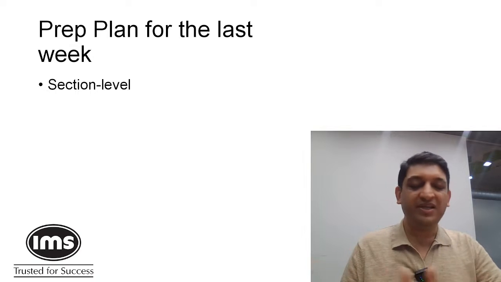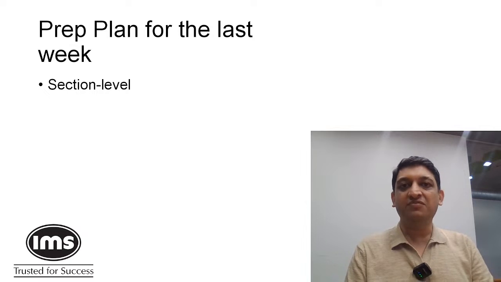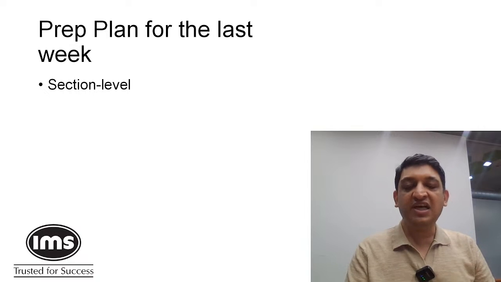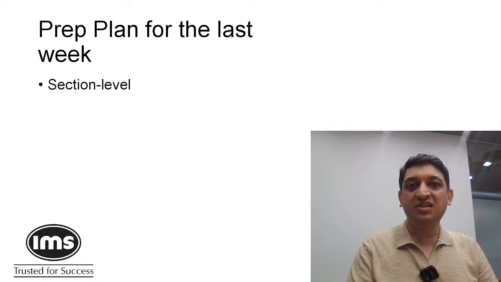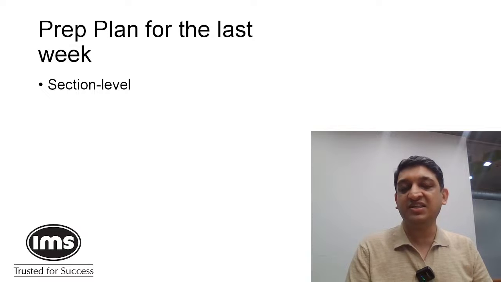Let's say, for example, you're looking at the quant section and you see a very complicated graph with numbers in the form of 38.97, 37.53 and so on. The question asks you what is the percentage change from year 1 to year 2, and the options are in the form of 1.73%, 1.86% and so on. These are obviously questions that you should avoid.